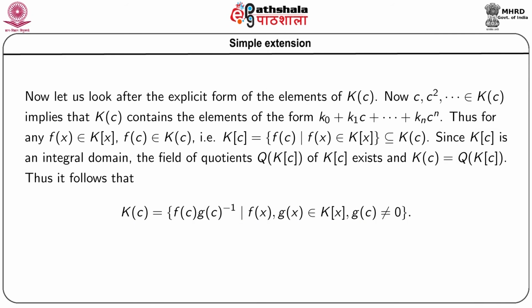Now, we express the elements of K(c) in terms of c and the elements of K. Since K(c) is a field and c belongs to K(c), we have c, c square and so on, all are in K(c),